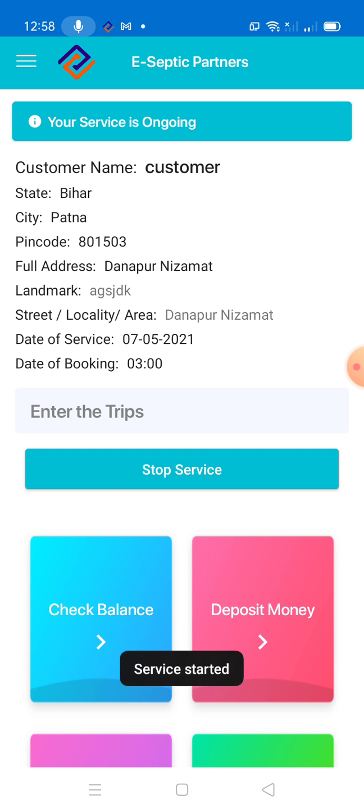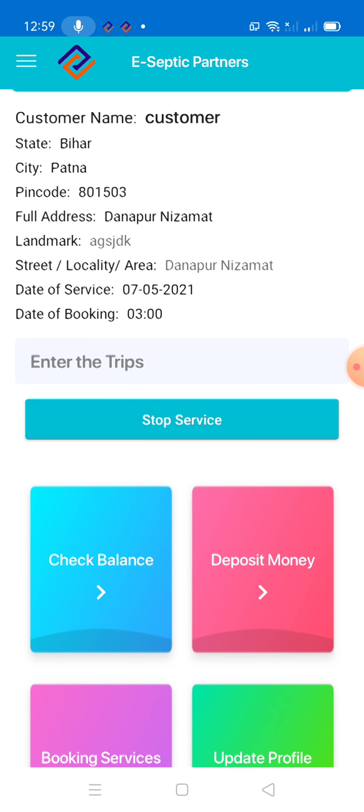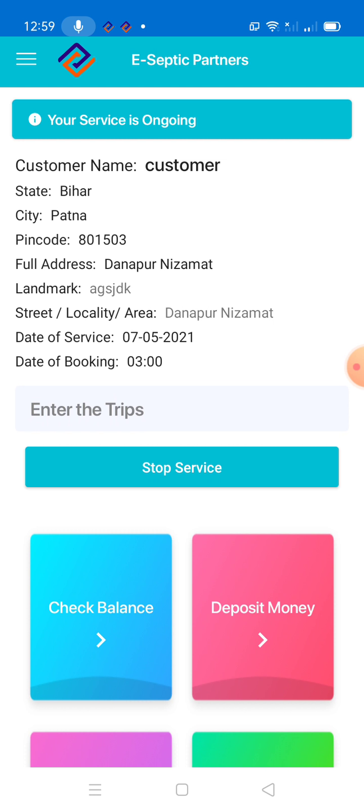After this, the service is started. In the meantime, from starting the service to ending the service, to determine the number of trips entered by the partner, just for the sake of confirmation that the details filled in by the partner are correct, location tracking is done with this app in the background, so that we can trace the location of the partner and their movement throughout completing this particular service. After each 15 minutes, the locations, meaning longitude and latitude, are sent to the admin panel. From there we can trace the same thing.